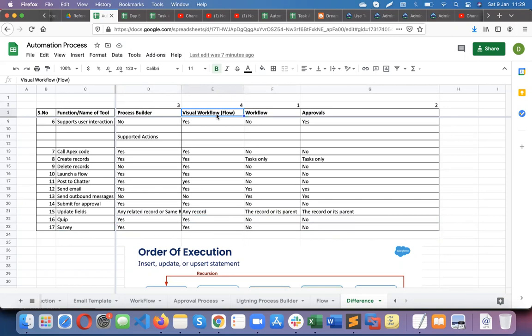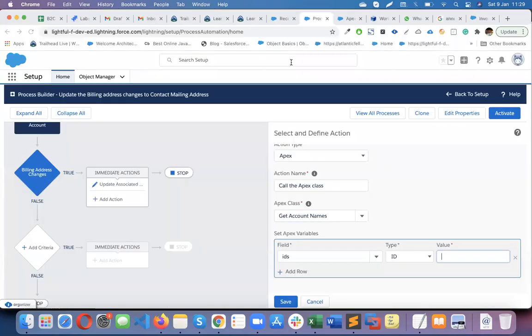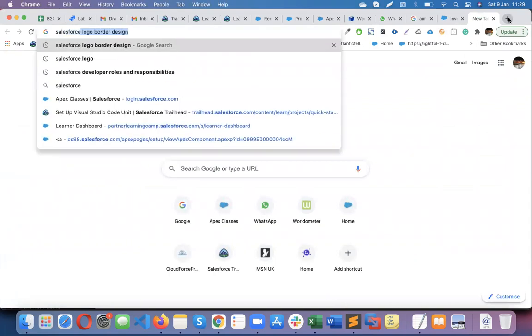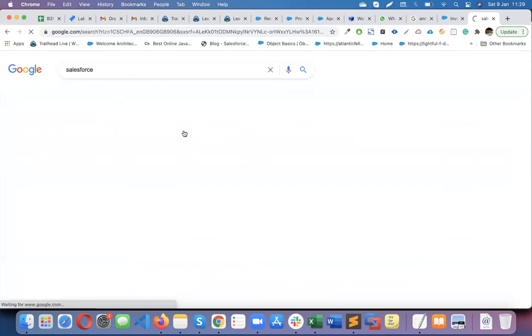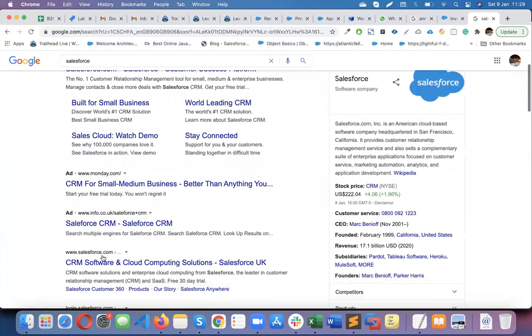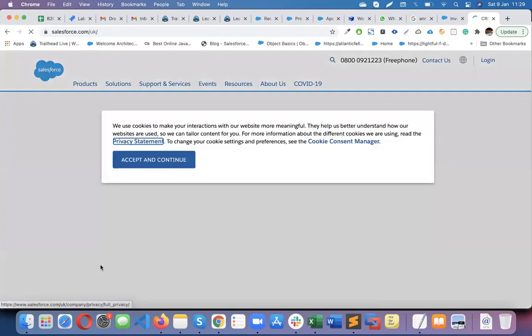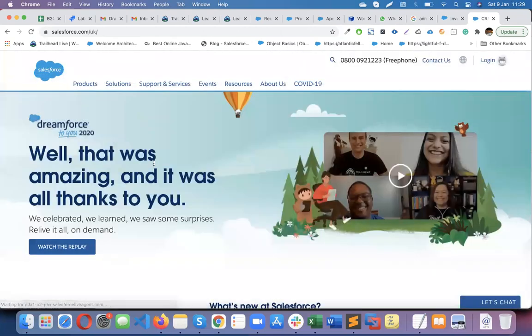So Sampath, what is Quip? Quip is another project management tool in Salesforce. I would say a collaboration tool. During the demo session, I think I explained to you, but again, let me show you that. Basically it's a product, the Quip product. Again, these days it's available for free. You can sign up for it.